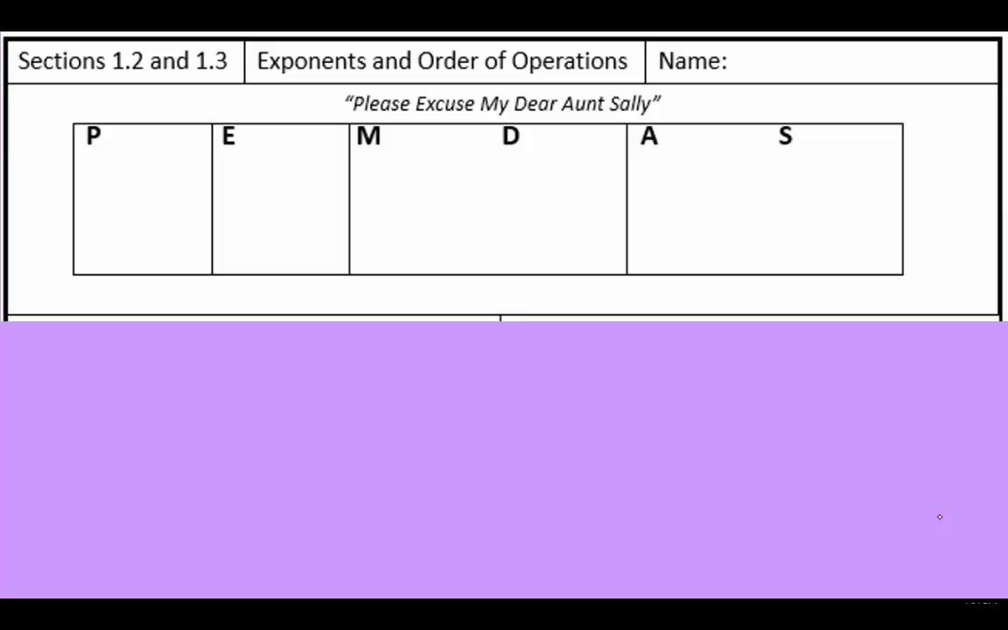In this video, we're going to talk about exponents and order of operations. To start off, we're just going to review an acronym that helps us remember what order we need to go in whenever we're given a math problem. The way to remember it is this mnemonic device: Please excuse my dear Aunt Sally, and it stands for P for parentheses,